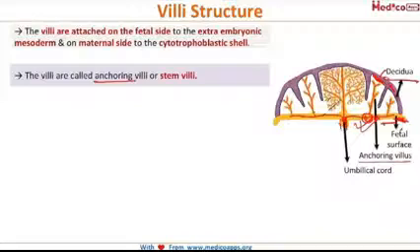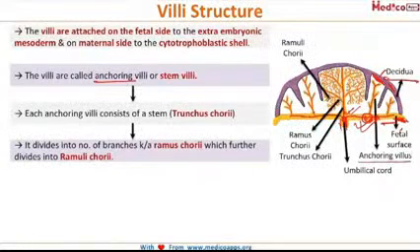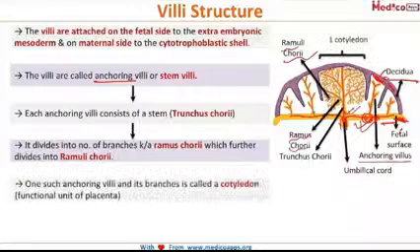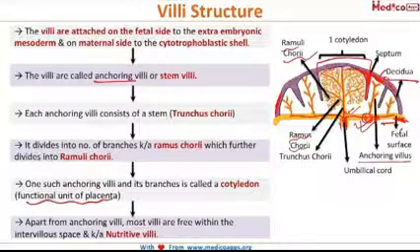Now each anchoring villus consists of a stem which is called truncus chorii, and this divides into a number of branches called rami chorii, which further divide into the ramuli chorii. And one such anchoring villus along with its branches, this complete thing, is called one cotyledon, which is the functional unit of the placenta. And apart from the anchoring villi, most villi are free within the intervillous space and they are called nutritive villi. And there was a question recently asked, what is a cotyledon, and the answer to that question was the basal